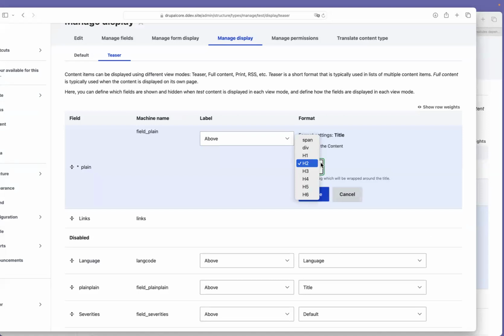Where we might want to link to the content, but we might not want to use a header tag. I think the only cases I can think of doing that would be if you're displaying the content in the individual fields using views. And in that case, this doesn't matter because you're using views. When you display the individual fields, usually they just come out as plain text anyway, or you select the format you want or whatever. So